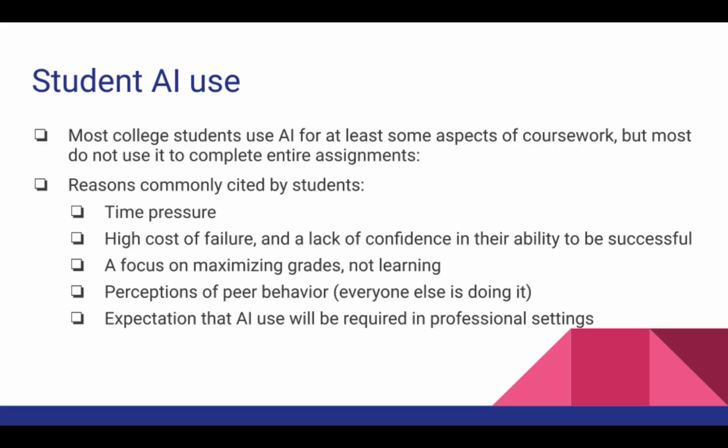They recognize that they're struggling in a course and there's a high cost of failure. They may end up being forced out of college and not get the degree that they were intent to receive, or they're going to disappoint their parents when they get thrown out. Or also, they're not comfortable with their ability to be successful. If there's a high stakes assignment and they don't really think they know the material well enough to be successful, it's really easy to go back to AI as something that will allow them to achieve that goal of getting their degree or getting that C or better grade in the course so that they are able to complete the degree and move towards their career goals.